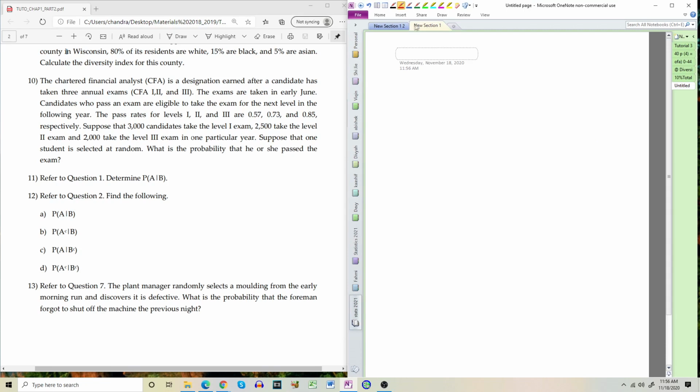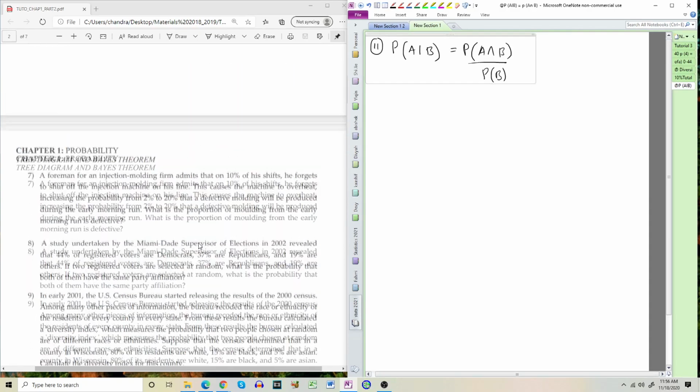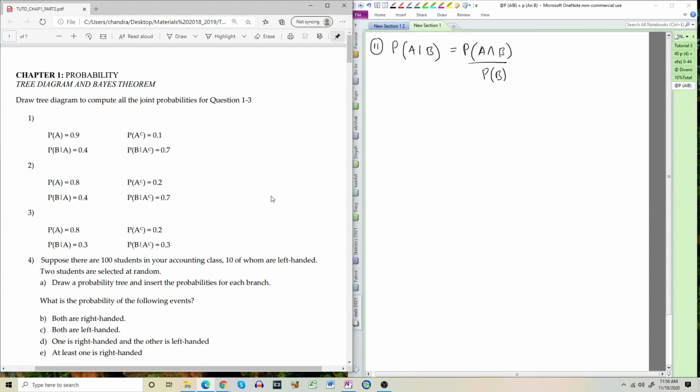So number 11, refer to question 1, determine P(A|B). If I want to find this, question 11 is easy. I just want you to show something here. This is A and B. So if I go back to question 1 here, the thing is, in question 1,